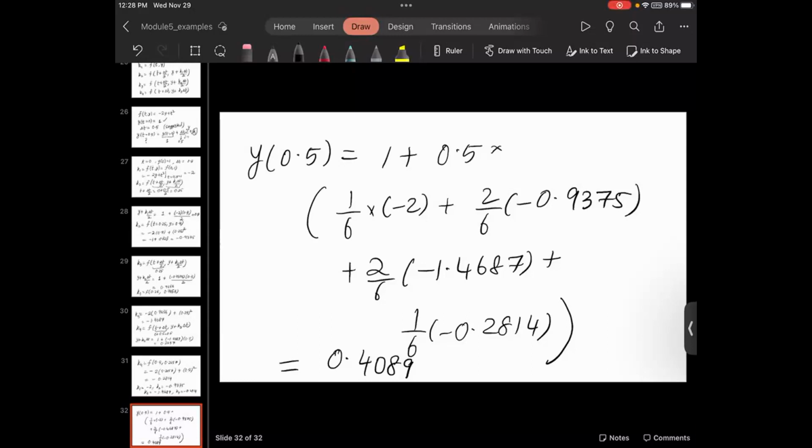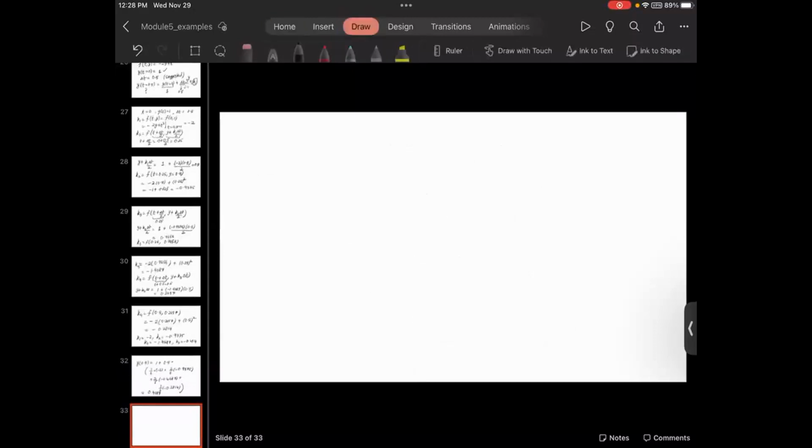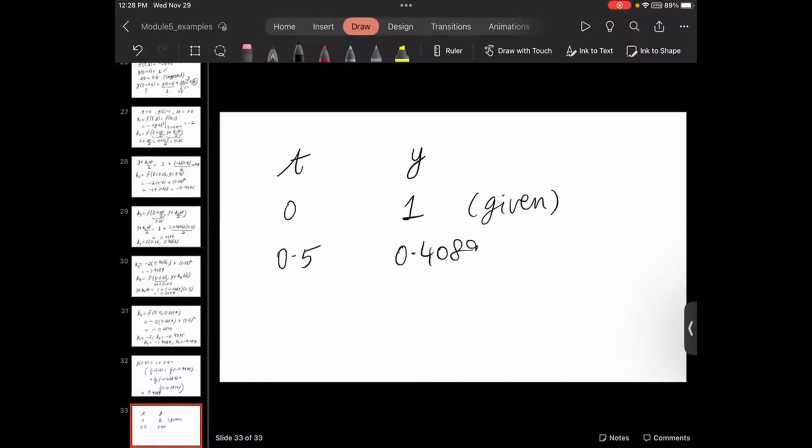Okay. So if you start writing it out as a table to fill out, you have time and then the y value. At 0, 1, this is given by the initial condition. At 0.5, we have 0.4089, and then the problem asks you to go up to 3.0, which of course